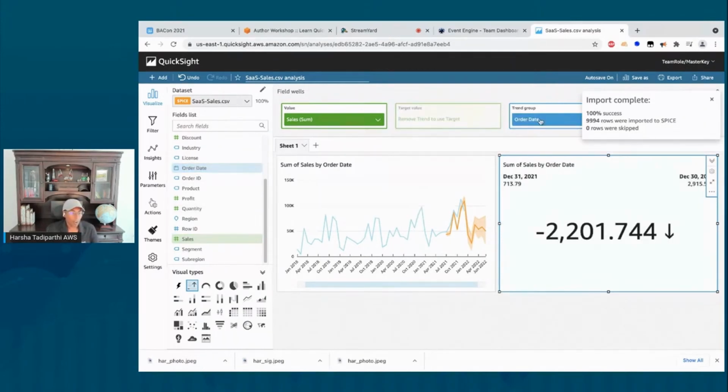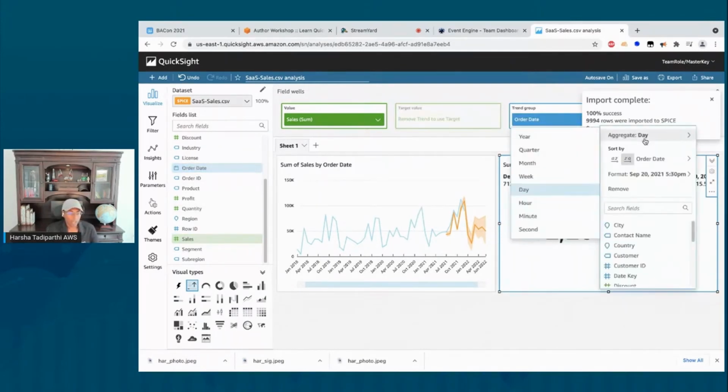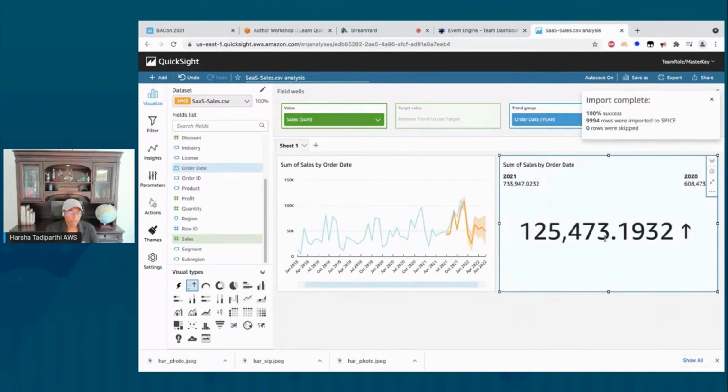Again, the order date, I want to aggregate to the year. So go to the field wells, select it from the trend group, and select the year. So at this point, you're able to see the KPI that the year over year growth between last year and this year, 2020 and 21, is